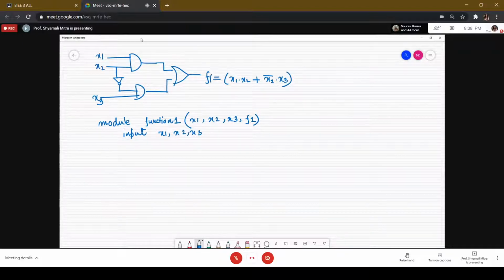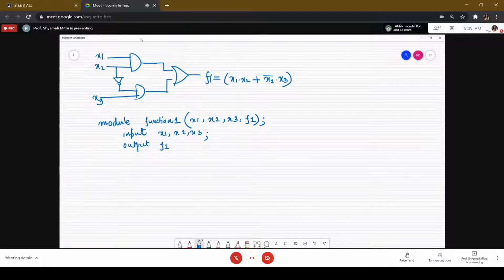And the next is obviously the output. So you know what are the functionalities to which you will give the inputs and from where you will accept the output.